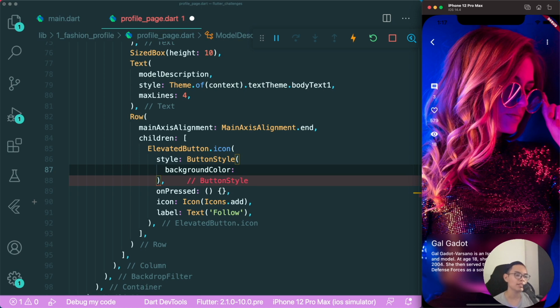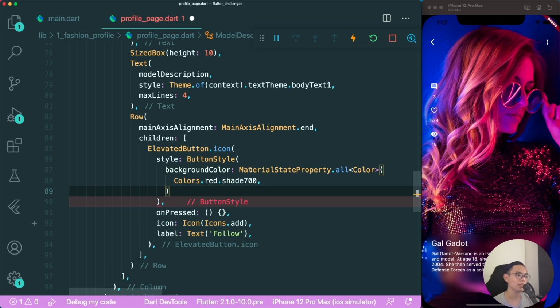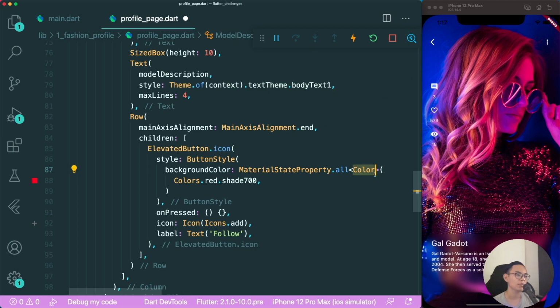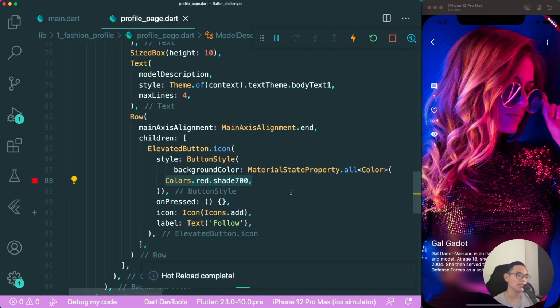If it's pressed, what kind of color would you like? But for now, we just want all of the different interactions to be red. So we can make use of this MaterialStateProperty.all method, and then we are returning a color, and the color that we are returning is the shade of 700. And now if we save this,